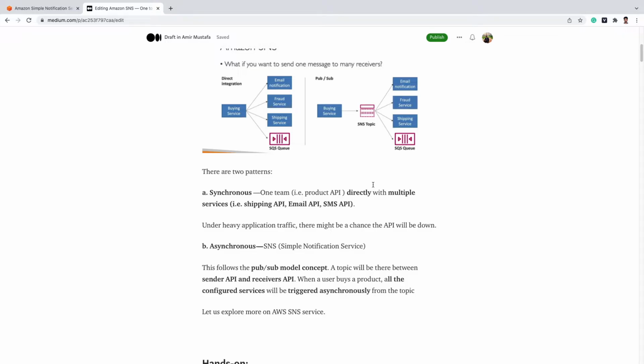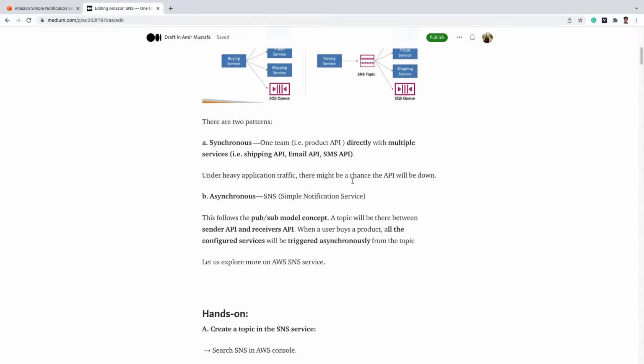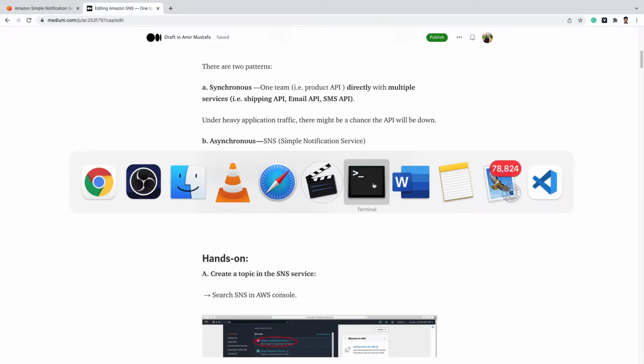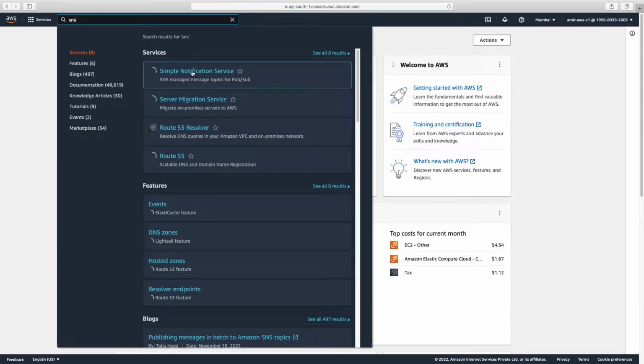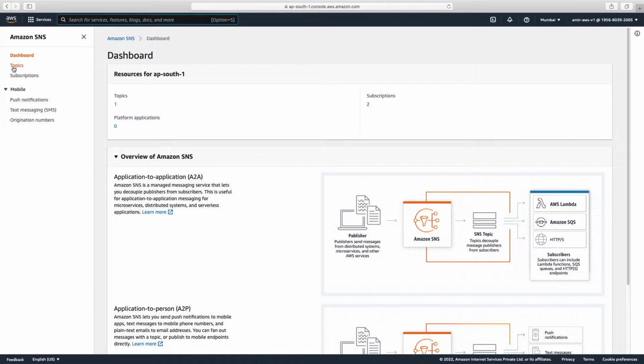These methods are called cloud integrations. Let us now go and see it live from the console itself. So we are in the AWS console. Let us search SNS. Okay, so let us go to topics,